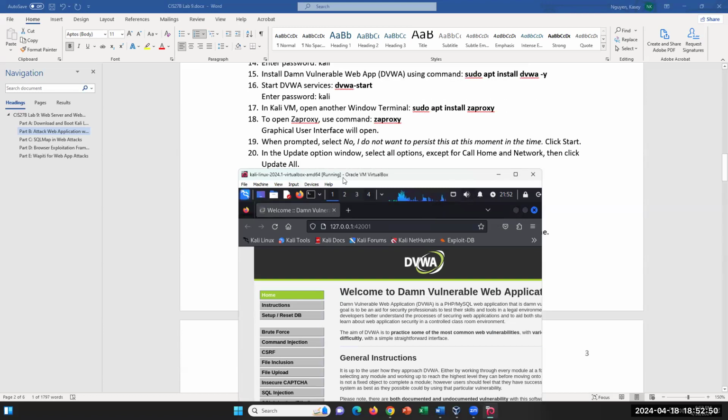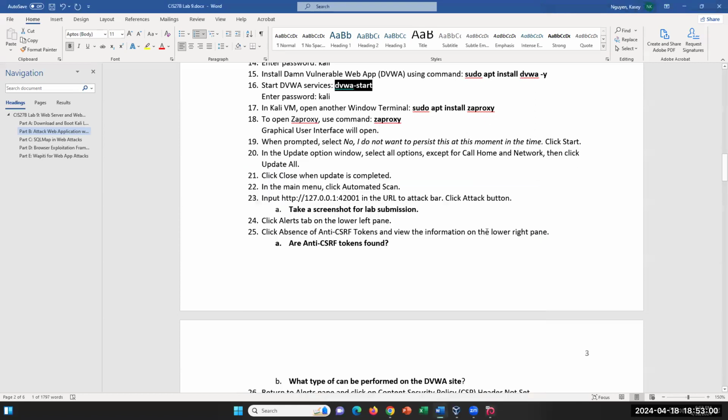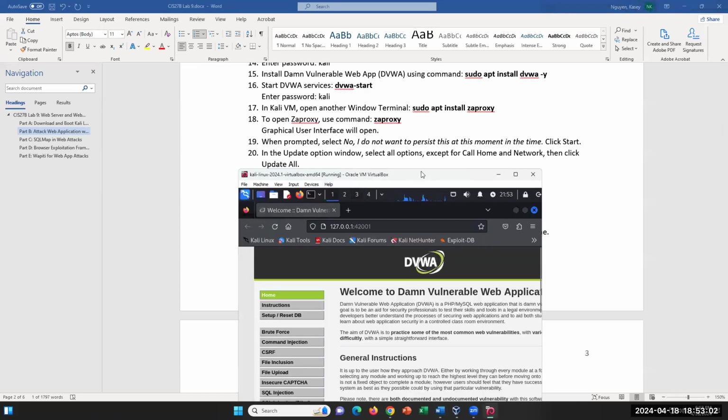Then I'm going to go back to my terminal and install Zaproxy. Once you install it, if it's already installed, you don't have to pull it again, but you can check which zaproxy. If it finds the package, it'll tell you. If it's not there, then the command won't work. So in order to install